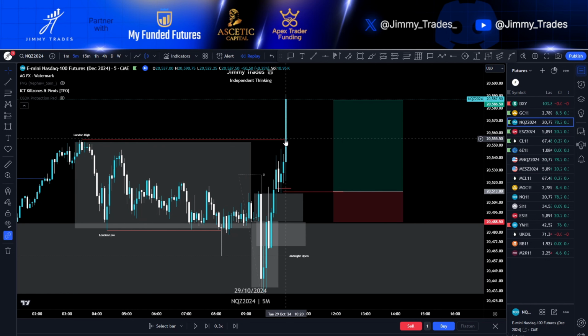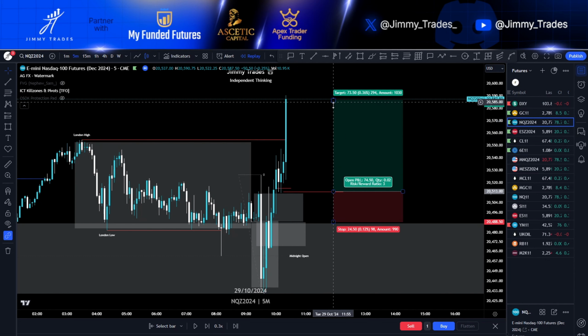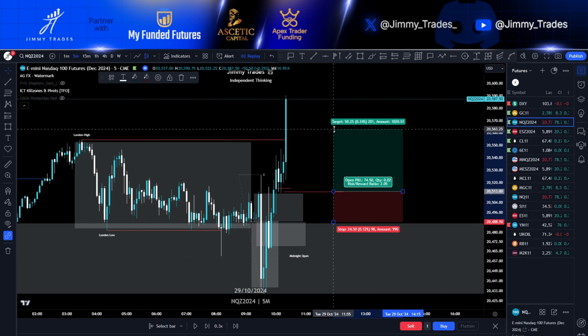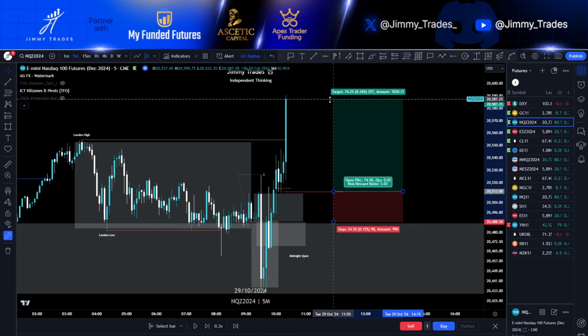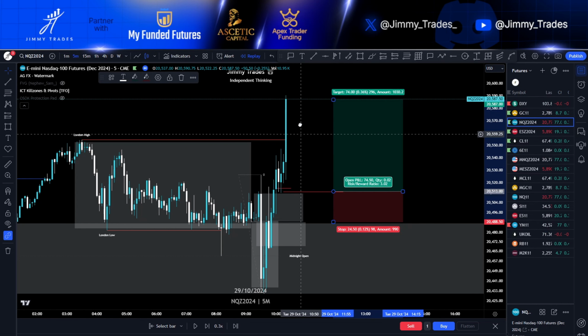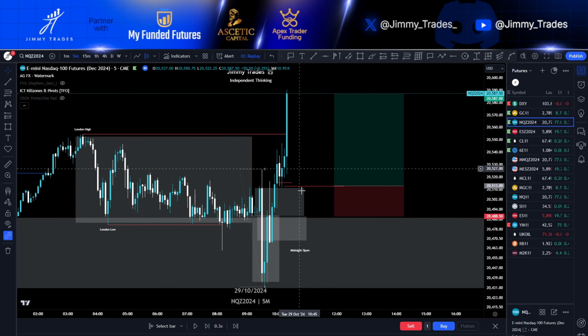That's why I didn't get out at the London high here. I held on because ES was still, so the 2R would have been here, which would have been still a nice target, but ES was still chasing the London high, so I held on, and that meant that I could stay in this trade for a little bit longer. Now I did start to trail my stop,